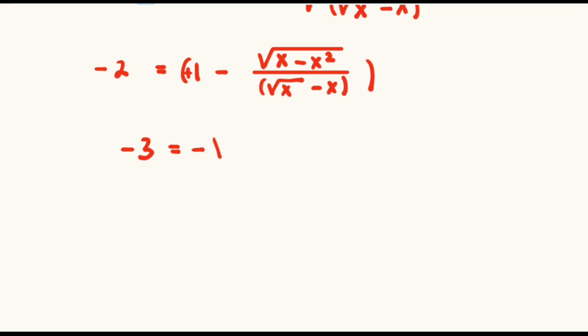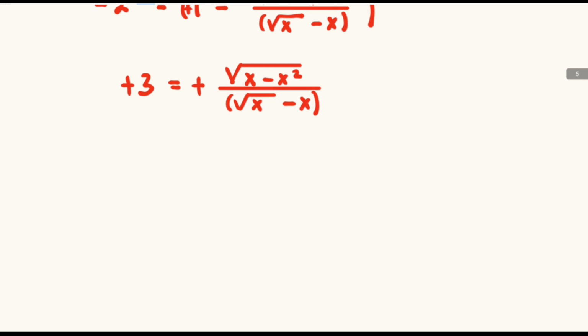and this will be equals to the square root of x minus x squared divided by the square root of x minus x. Multiplying both sides of this equation by negative 1, then we have positive both sides. Multiplying both sides of this equation by the square root of x minus x, we end up with 3 into the square root of x minus x, which will be equal to the square root of x minus x squared,